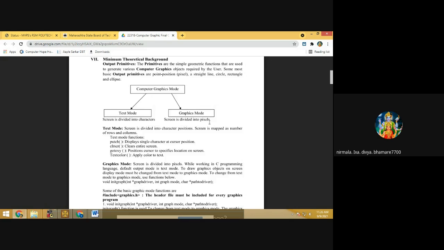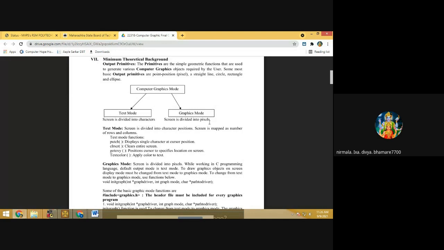You have included the getch function in almost every program. Have you included the getch function in a C program or not? Yes, ma'am. So the use of getch function is it will read the character at that position, and the use of putch function is to display a single character at the cursor position.